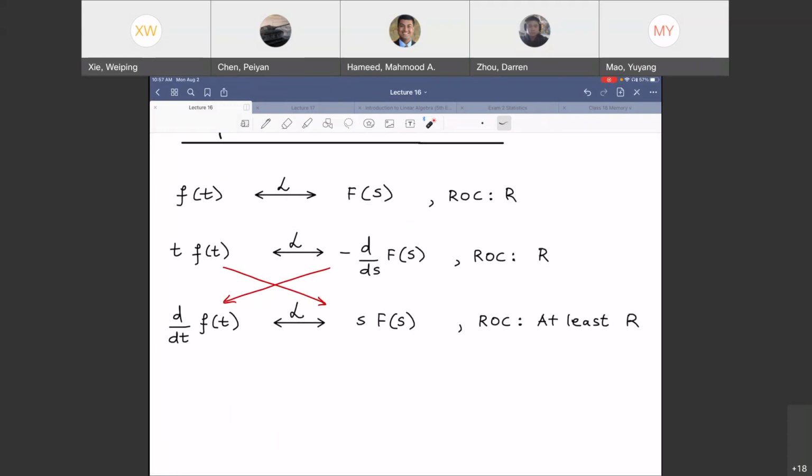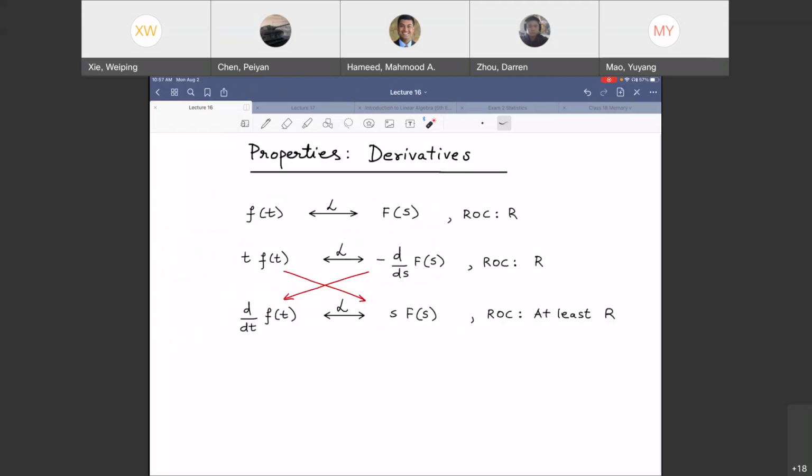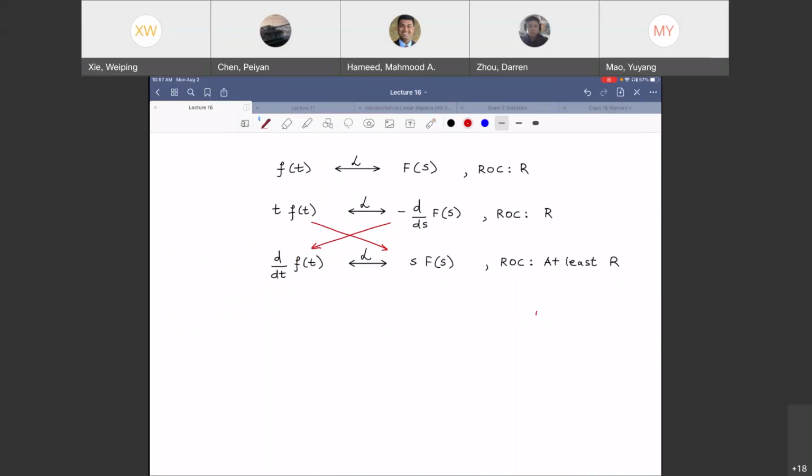When you differentiate the signal in, sorry, let's not do that. If you multiply the signal in time by t, you're actually differentiating the signal in Laplace domain along with the minus sign. Where have we seen this before play out? When we went from u of t to t u of t, right? u of t, you got 1 over s. t u of t, you got 1 over s squared. Both of them sigma greater than 0, right? So you see, when you multiplied in time by t, you actually differentiated this guy and multiplied by a negative sign, right?